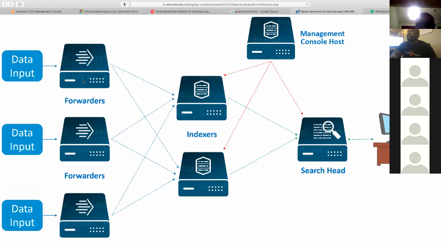And then your forwarders are basically the agents. In IT, you're going to hear a lot of terminology that refers to agents. Oftentimes you have applications that require you to install agents. So these agents are basically collectors. Think about it, if you are trying to do a survey,